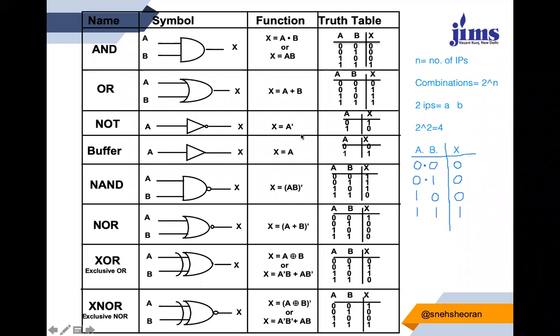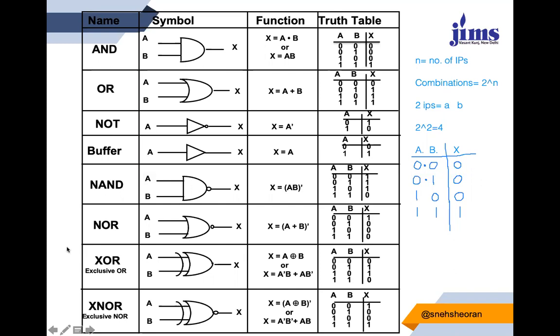So now moving to the next type of gate, which is also known as buffer. If you can see a difference between NOT gate and the buffer, there is no negation sign. Buffer is basically responsible for temporary storage. It is not doing any data manipulation. As you can see, the function of buffer, x is equal to A, which means, come to the truth table, if the value of A is equal to 0, output is also equal to 0. And if A is equal to 1, then output is also equal to 1. So buffer is not doing any data manipulation. It is just used as a temporary storage. So these three were my basic gates.